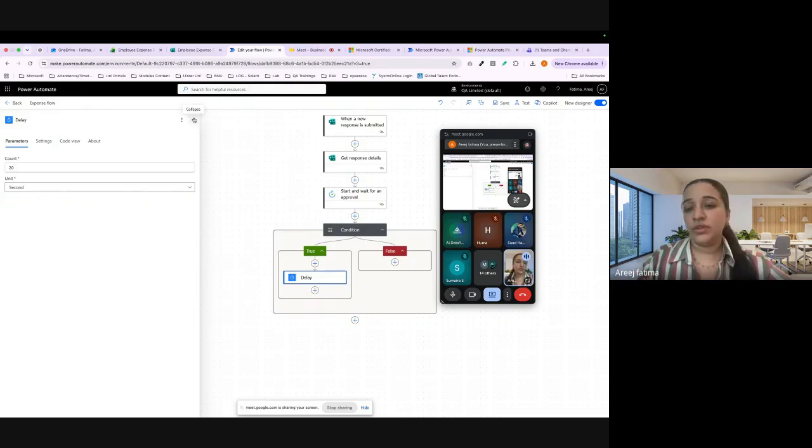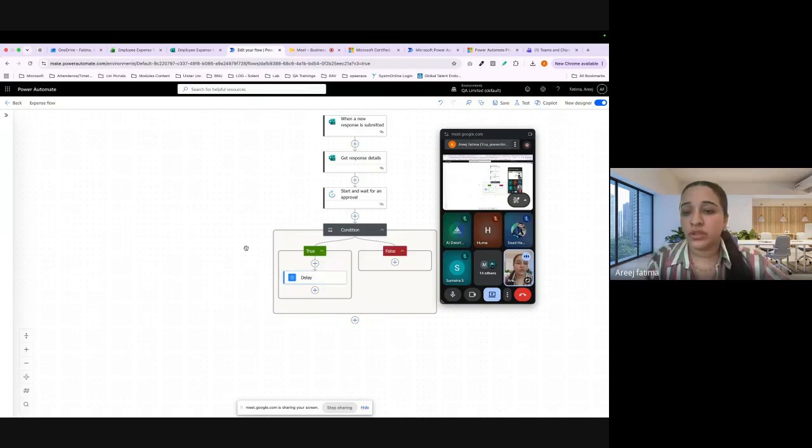Why am I using the delay? Just to run this flow more appropriately. If in future I have any type of request, like 100, 200, at that time my complete flow is going to be stuck, even the server is going to be down. So just to make all the things work properly, I'm using the delay.